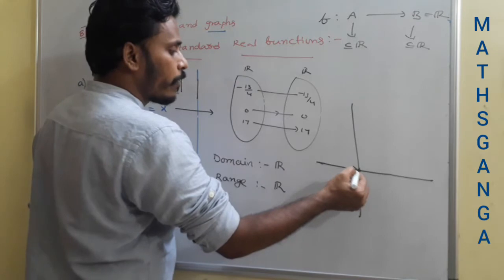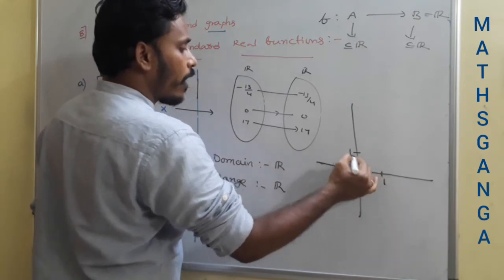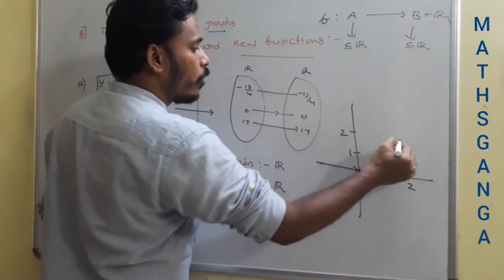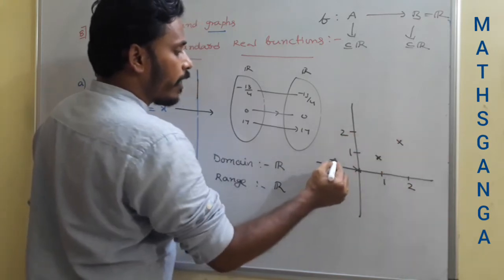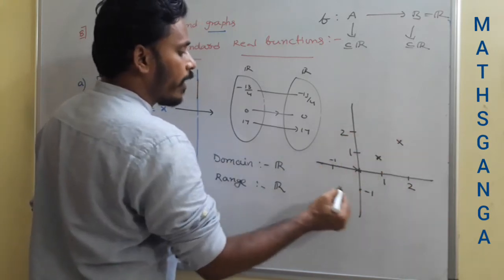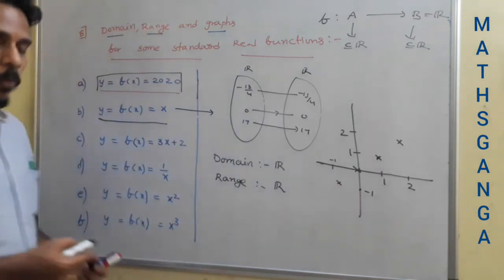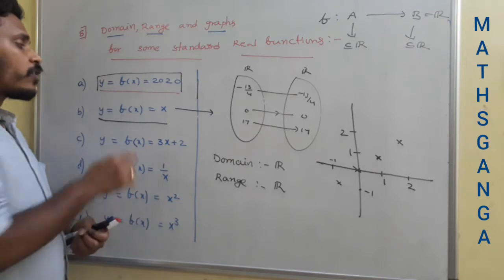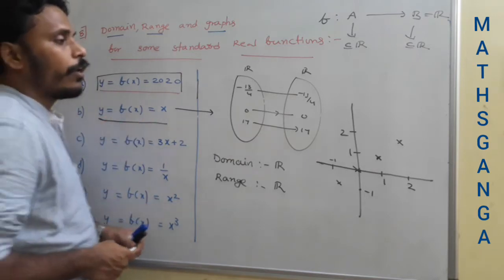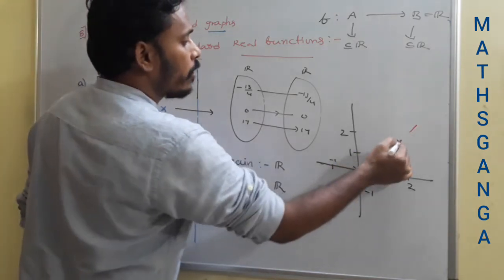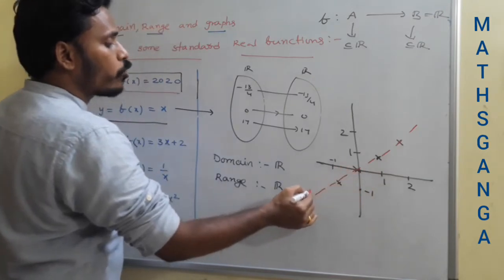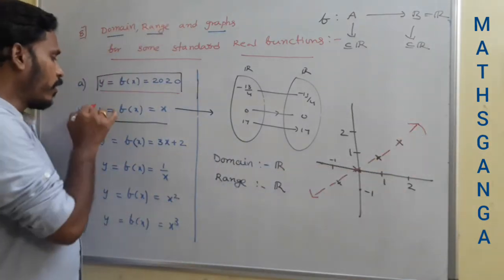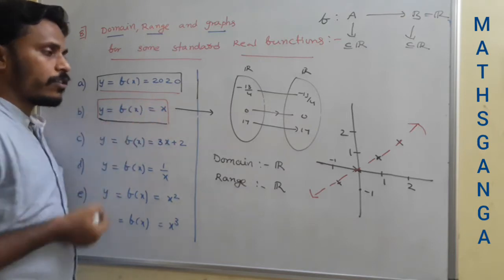x0, y0, this is a point. x1, y1, this is a point. If you say x2 and y2, this is a point. For x equals minus 1, you need to connect it to y equals minus 1 only. This is a point. So after locating the points which satisfy this particular relation, if you join all those points, the shape formed by joining them is the graph, and here again the graph is a straight line for y equals f of x equals x.